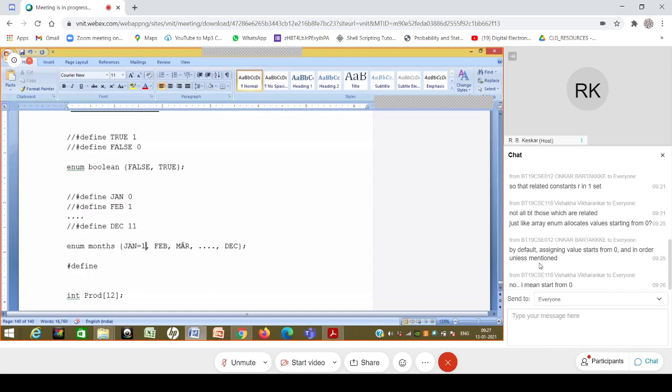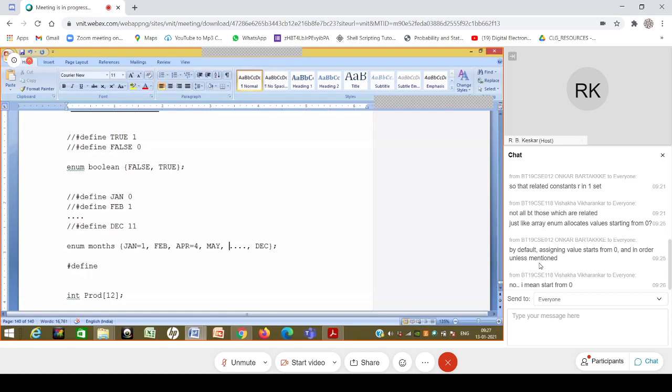Okay. Imagine that for some reason I didn't want to write March, and I have April directly over here, and I want the values of the months to be retained. Then in this case this becomes 1, this becomes 2, this has to become 4, but naturally it will become 3. So there is a break. So I can make this as 4 basically. And then from that point onwards I don't have to say anything for May, and May will take value 5, and then June will take value 6, and likewise.